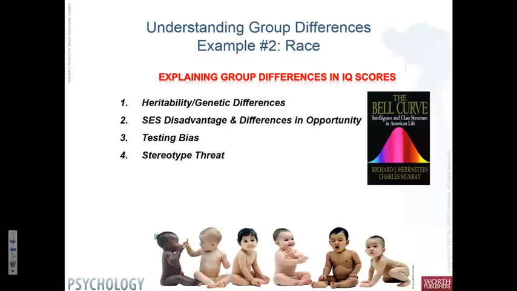If you look at Black Americans versus white Americans in comparison to European Americans, African Americans have fewer years of education, they have lower quality health care, they're more likely to face prejudice, discrimination, lower birth weights, attend worse schools, they're 3 times more likely to live in single-parent homes, they have higher rates of chronic illness. There is a disadvantage from one group to the other. The opportunities are not the same.